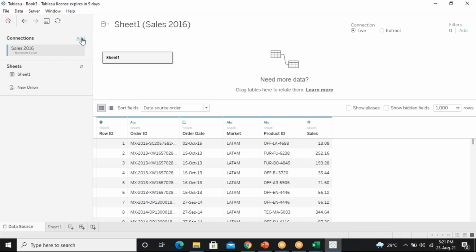Post that screenshot in the WhatsApp group. Once you open the products 2016 and sales by clicking on add, then just send me the photo. Let's see how you're trying to add the data.